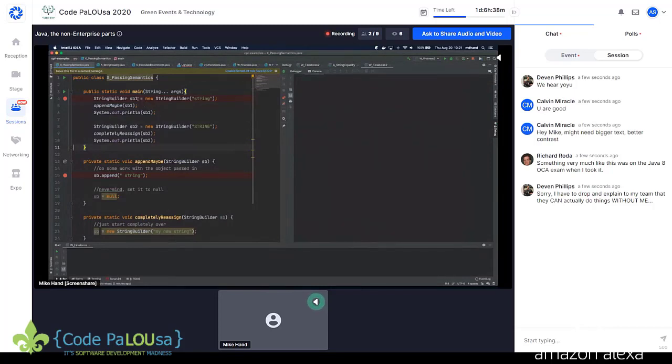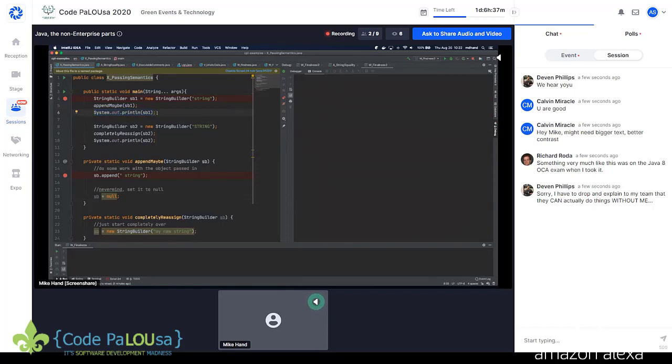We've got a string builder, and we're going to create a new string builder with the constructor, and we're going to assign it the value lowercase string to get it started. And we're going to call this method that I called append maybe. We're going to pass in that string builder instance, and then what we're going to do with the string builder that we pass in is we're going to append a space and then another string, text of string. All right, so you know what? Never mind. Set that string builder to null. Okay, now we're back out, and we're going to output the value of that string builder.